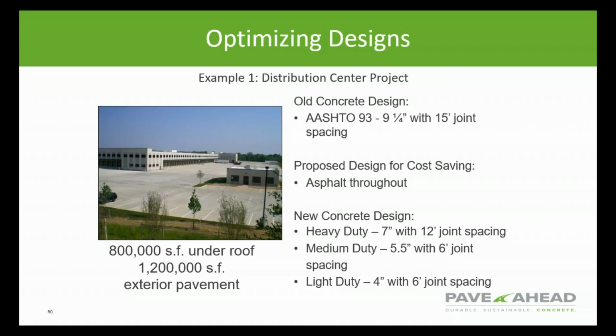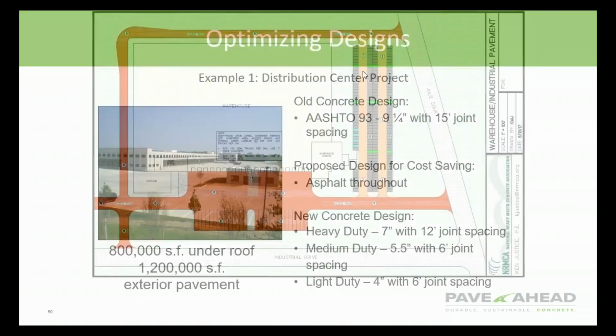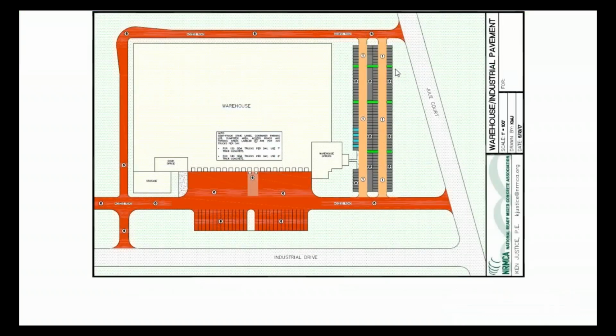But when you use the appropriate design technique, which we now know is ACI 330.2 that Amanda described, we find that the heavy-duty design is only 7 inches of jointed plain concrete pavement, which right off the bat is about a 25% cost savings over the AASHTO design methodology. By designing the employee parking lot in accordance with the ACI 330 document, which was presented last week for those of you who missed it,